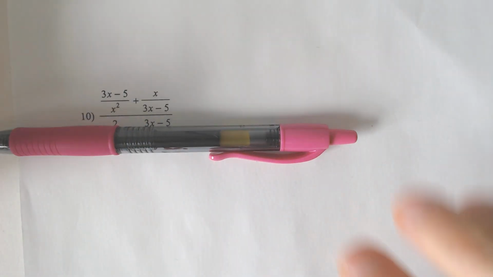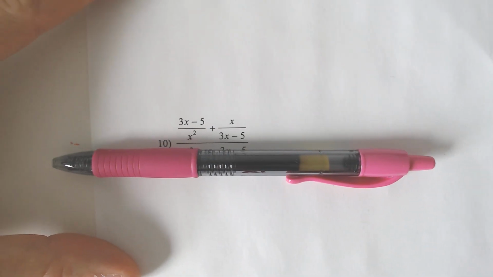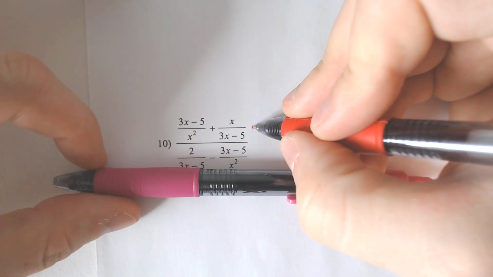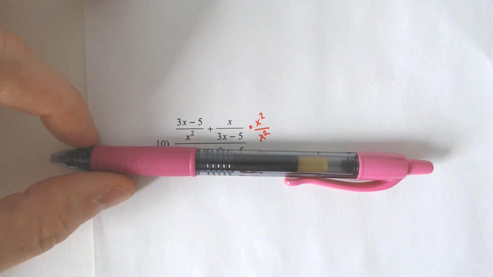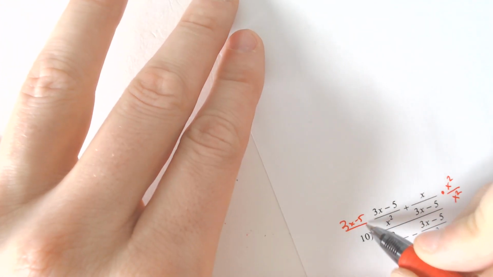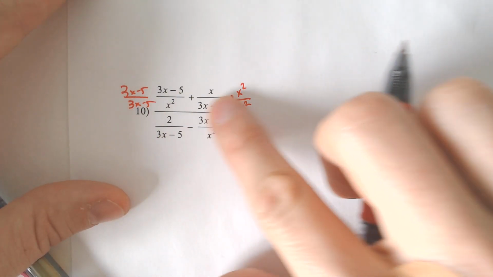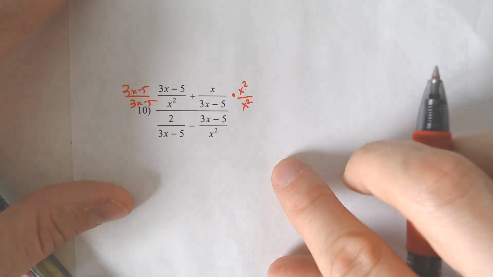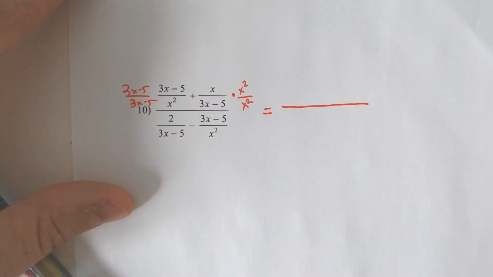So, top part of the fraction, I would need to multiply by x squared over x squared to get the bottoms the same there, and I would need to multiply by 3x minus 5 over 3x minus 5. Sorry for moving the paper there. So that would get this part. Again, I'm only doing the top part of the fraction right now. So that would equal, going to make a big fraction bar,